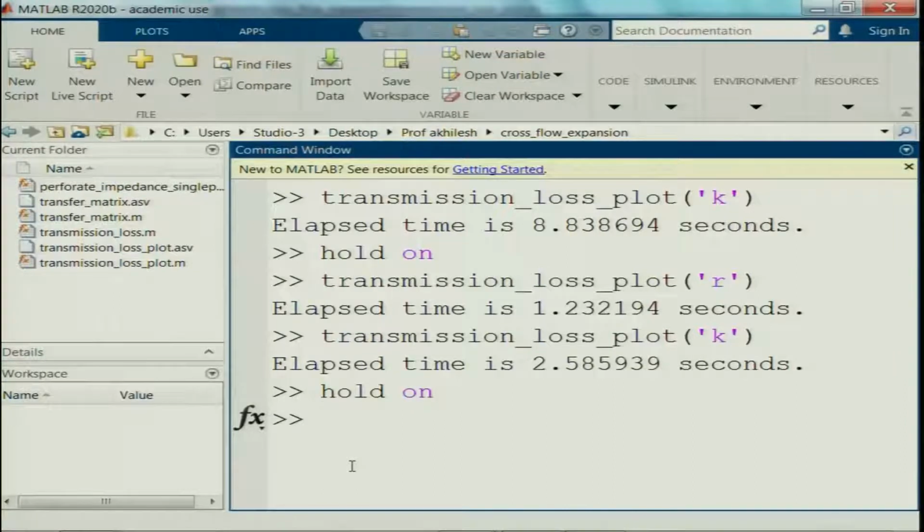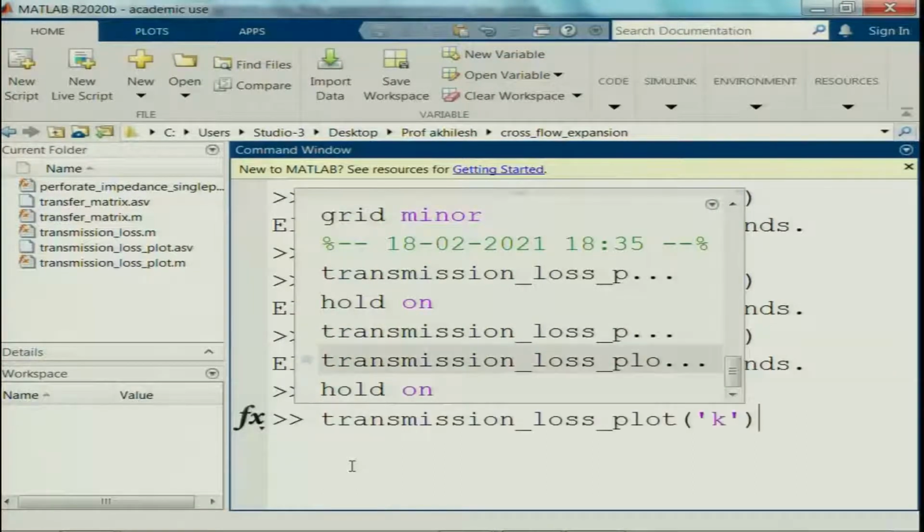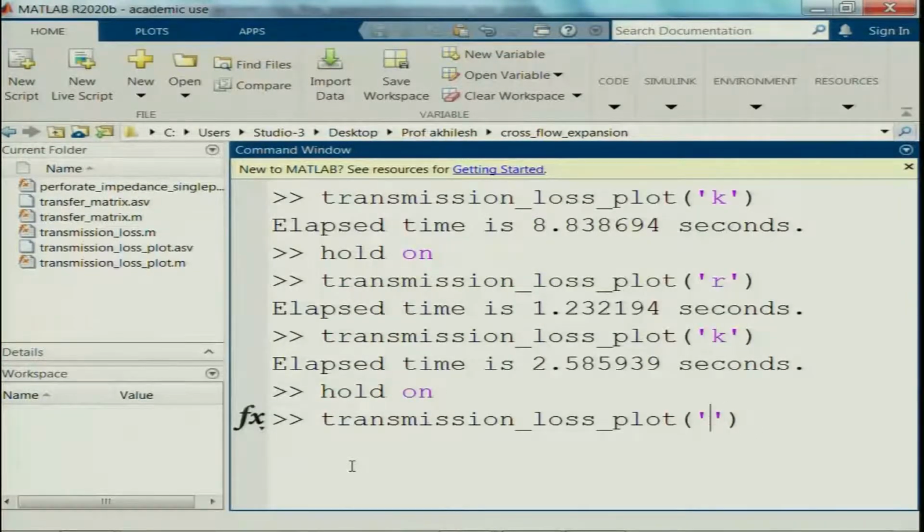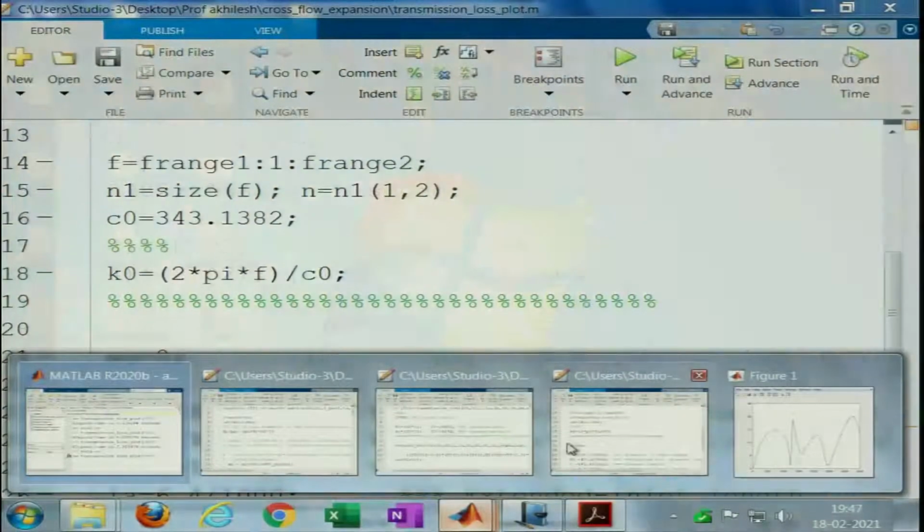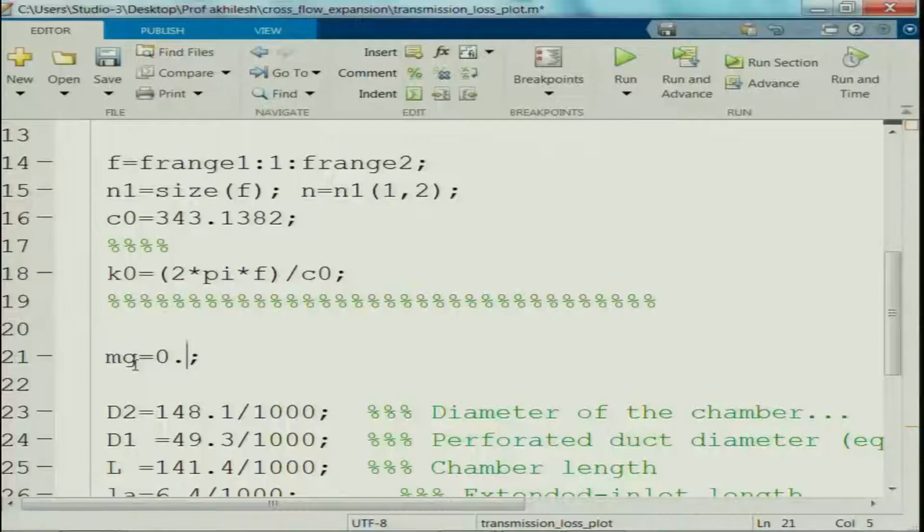Munjal and others have presented it for non-zero mean flow as much as 0.2. We will soon get there, and let us see even what a small difference in the flow field can do.